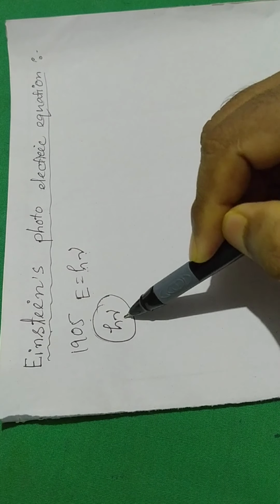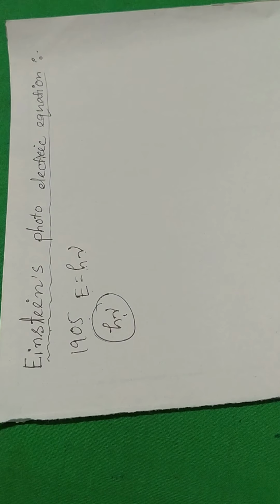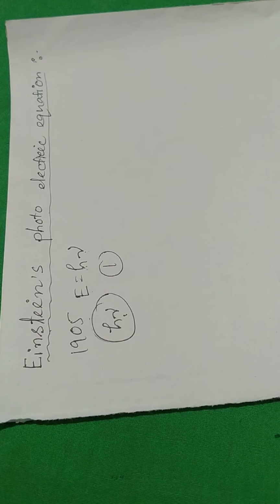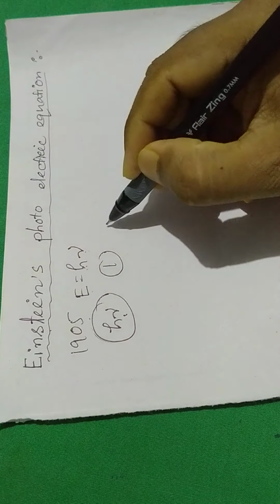This absorbed energy h nu is utilized in two ways. Number one, a part of the energy of the photon is used in liberating the electron from the metal surface, which is equal to the work function